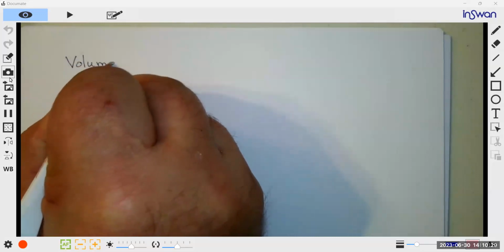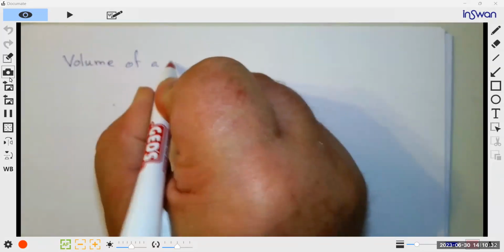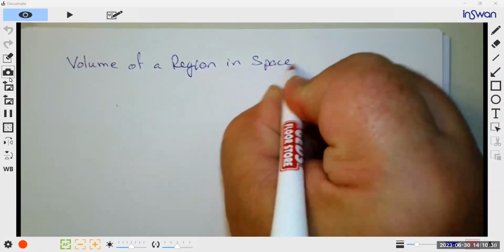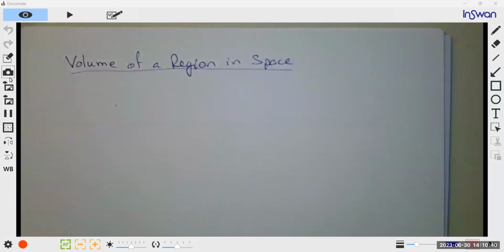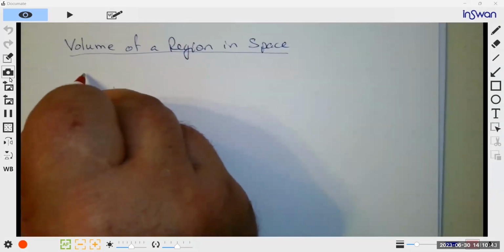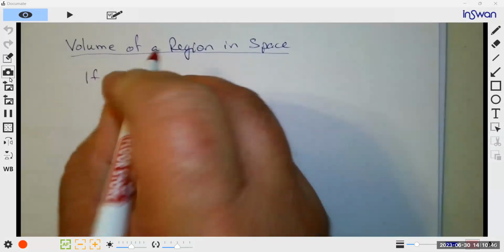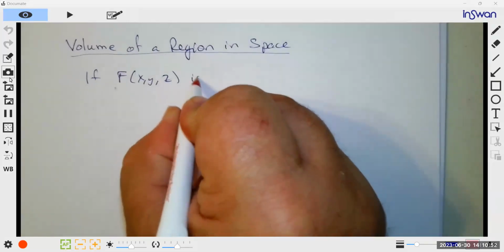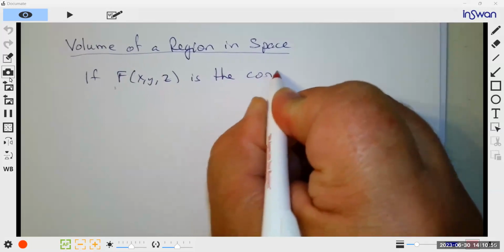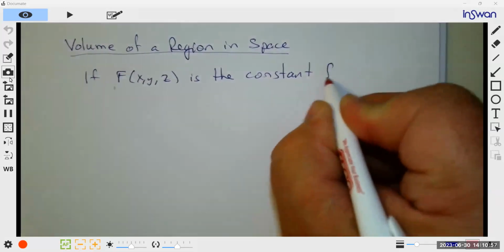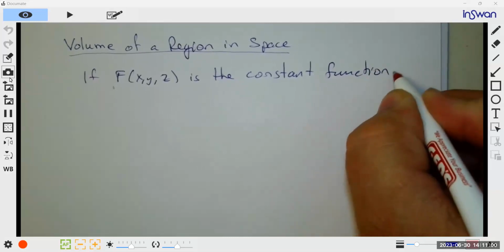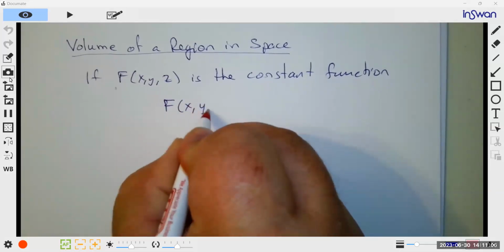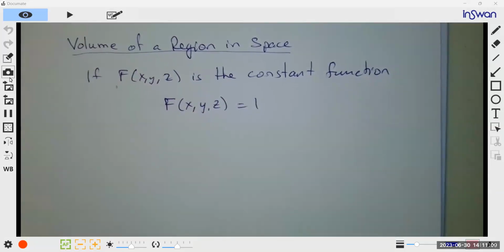The volume of a region in space. If our function f(x, y, z) is a constant function, f(x, y, z) equals 1,